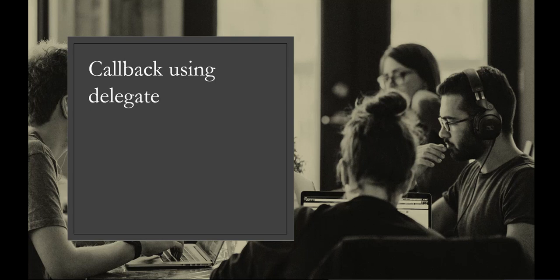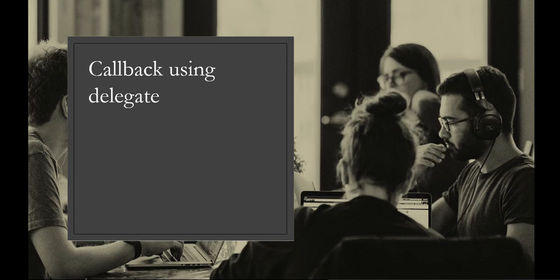Like in C# 2.0, we learned anonymous method which got invented in C# 2.0. Then we learned lambda expression. Okay, and finally we saw some built-in delegates. Now let's go for the actual application. So one of the applications of delegate is that it helps in callbacks.